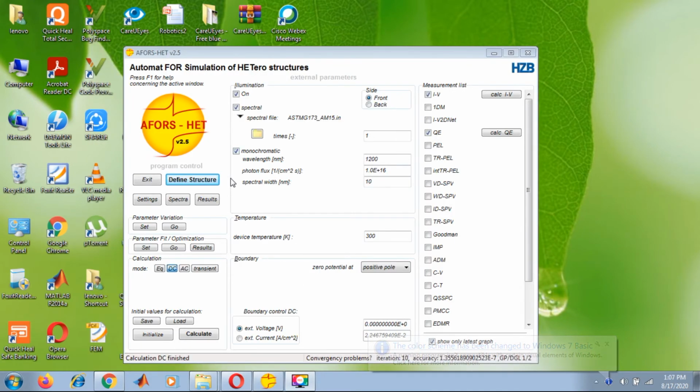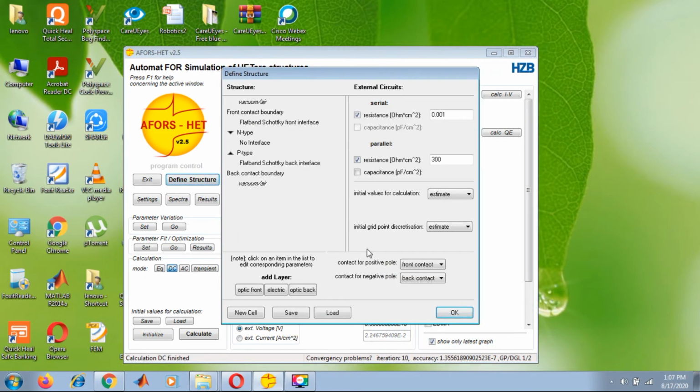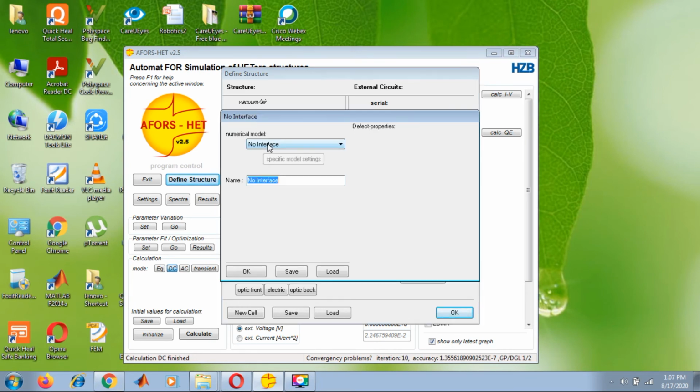The last few important things are about the interface. You can also add defects in the interface. We generally add defects in the interface because in some solar cell structures the band barrier for electron and hole transportation is very high. So to overcome that barrier, the tunneling option has been added in version 2.5.